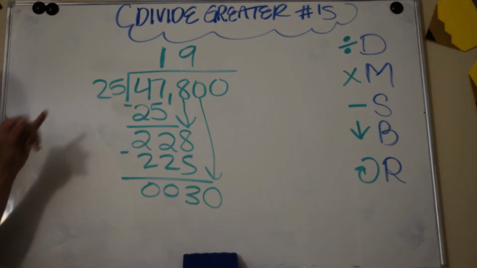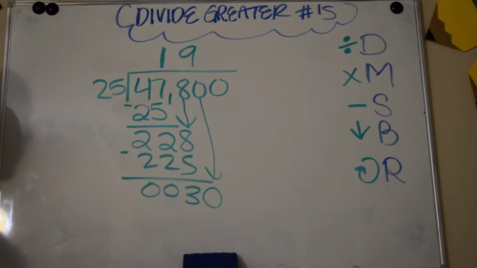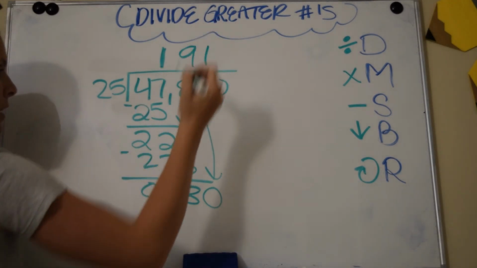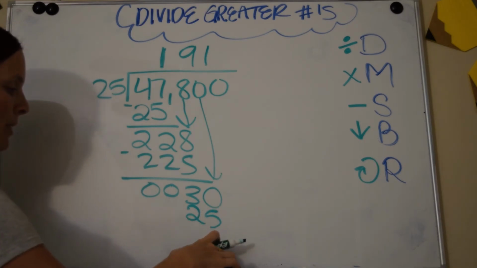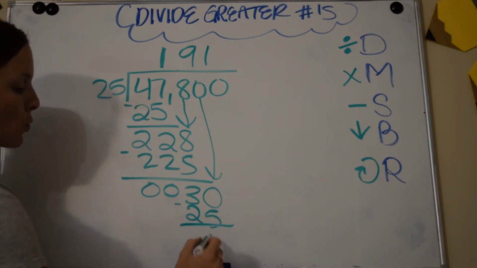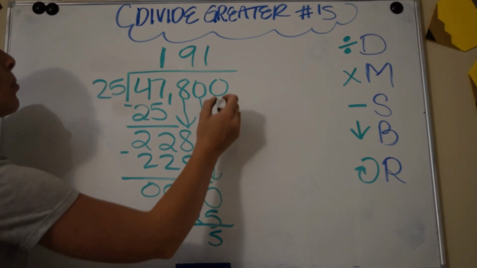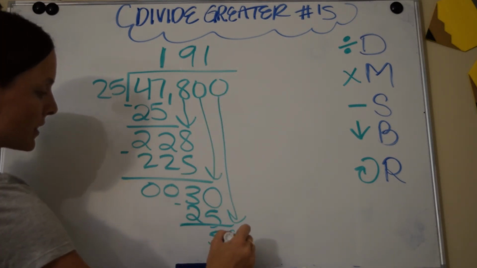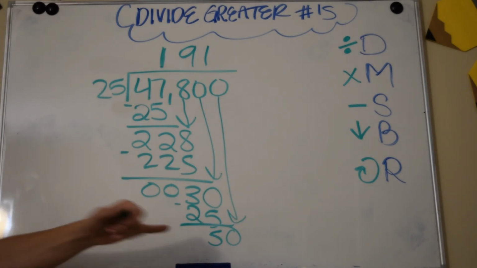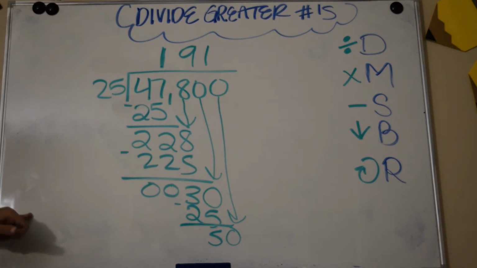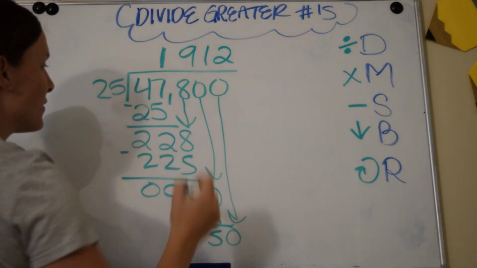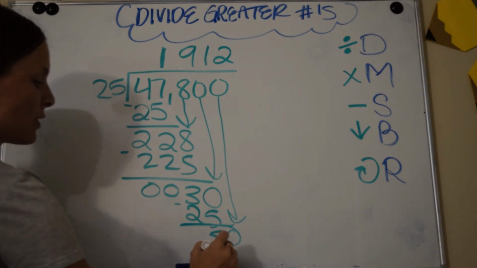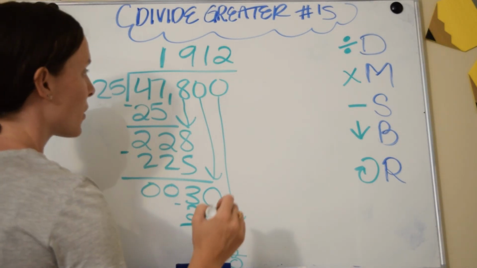And now I want to know how many times 25 can fit into 30. That would be once. And 1 times 25 is 25. Now we subtract. 30 minus 25 will give me 5. Bring down the next digit, even if it's a 0. 25 and 50, that's a fact family. Remember, we solved that at the very beginning. I know that 25 goes into 50 twice evenly, and 2 times 25 is 50, and I have no remainder, so our answer is